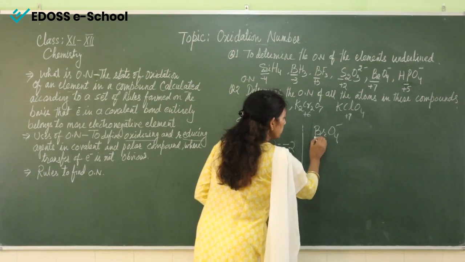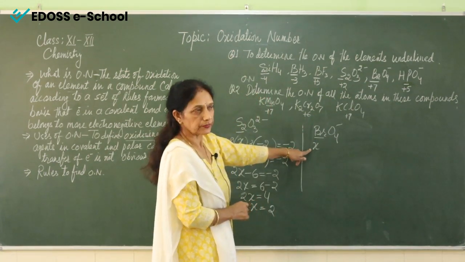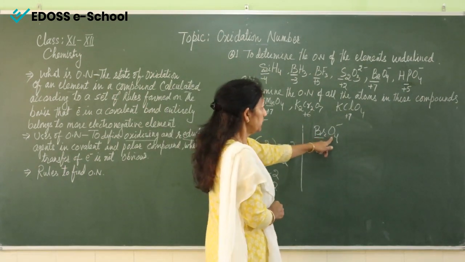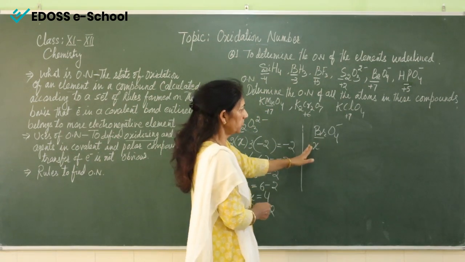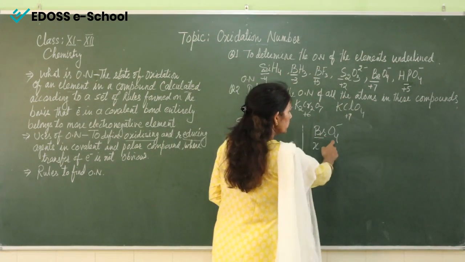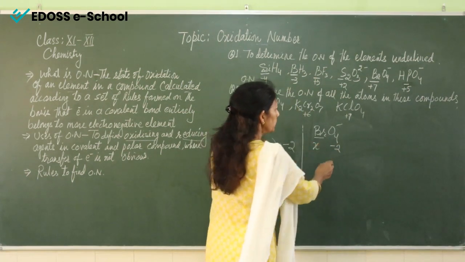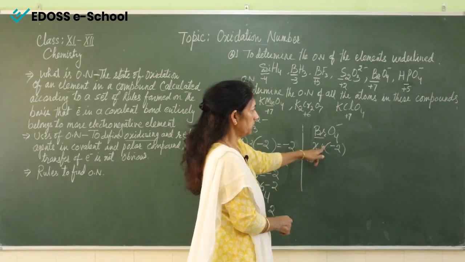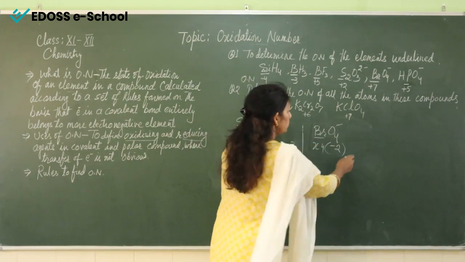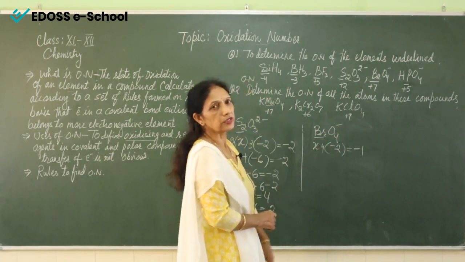We have to find the oxidation number of Br. So we will take it as X. Because only one atom is there, there is no need to multiply. It will remain X, and oxygen has oxidation number -2 and the total atoms are 4. So multiplied by 4,